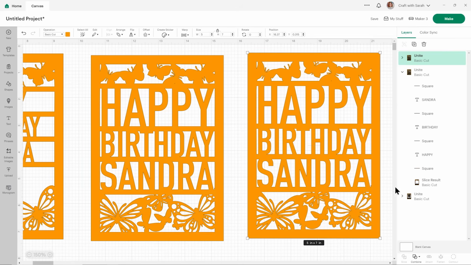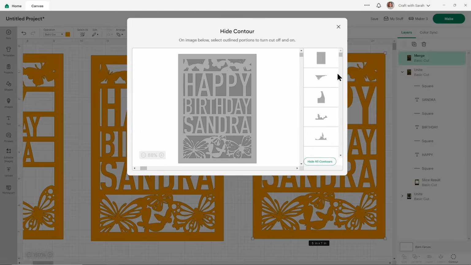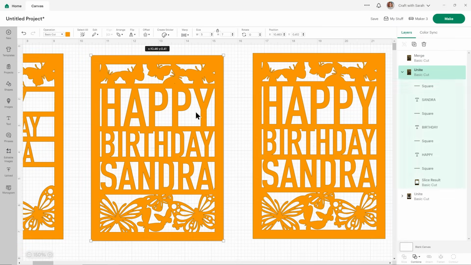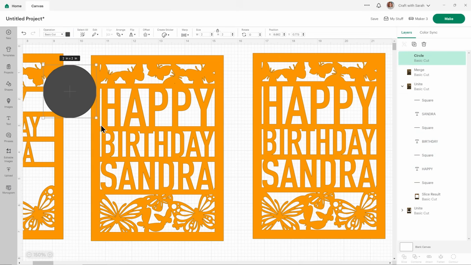Then with the duplicated one, you can go combine and merge layers to join them into one. Then you can use the contour tool to remove any teeny tiny gaps you don't want. But if you'd rather keep it so that everything is editable, what you can do instead is just grab some shapes. I'll do some circles.